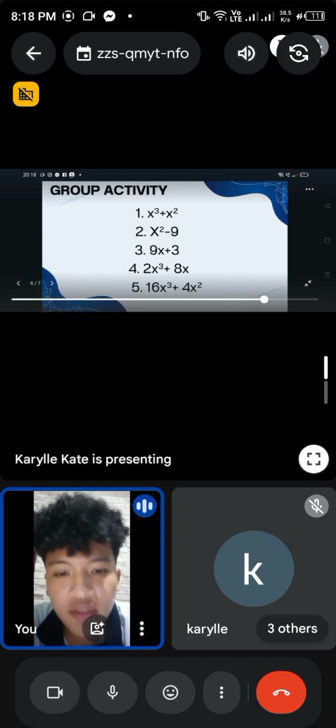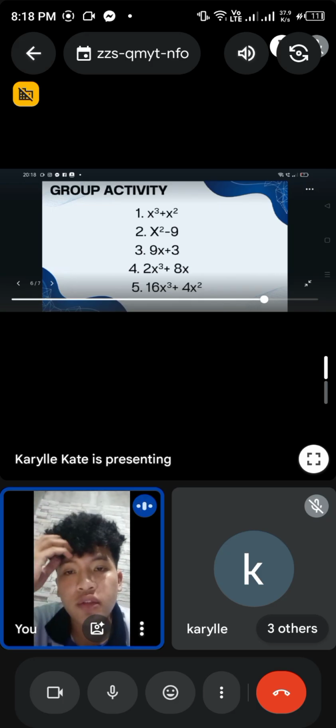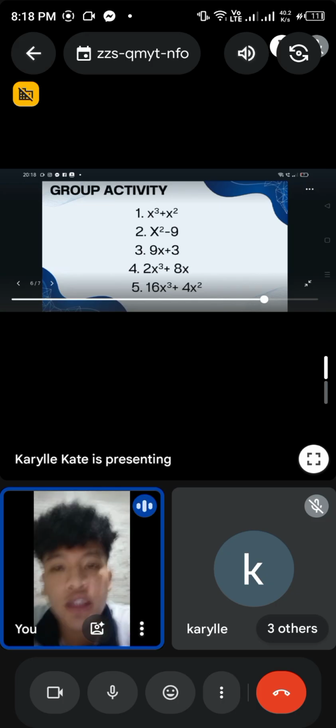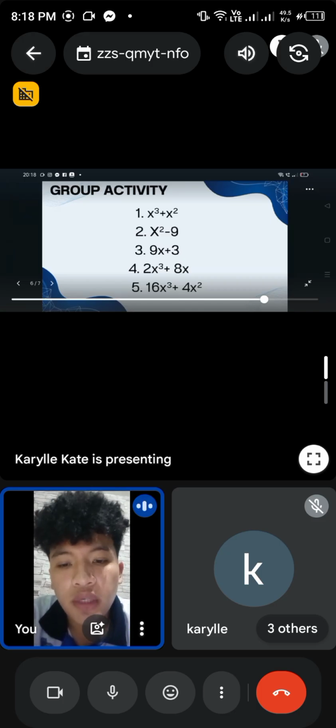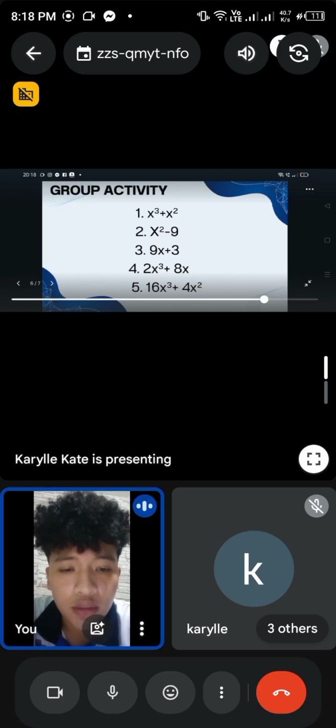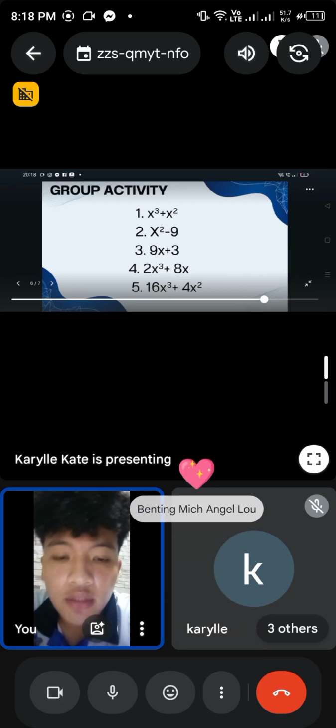So yeah, here's our group activity. But since we are running out of time, we're gonna be solving just the three of these, and for the next meeting, we'll be continuing to solve 4 and 5. So what we're gonna solve today is number 1, 2, and 3. The mechanics of this game is that we'll be dividing the class into two groups. So I guess Miss Karil and Miss Fave will be the pair, and the other pair is Miss Binting and Miss Leon.